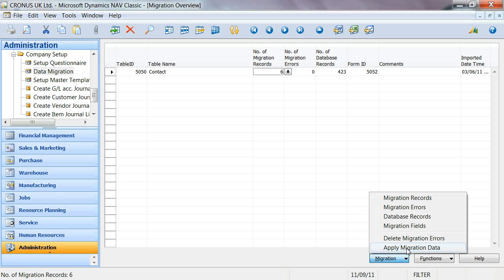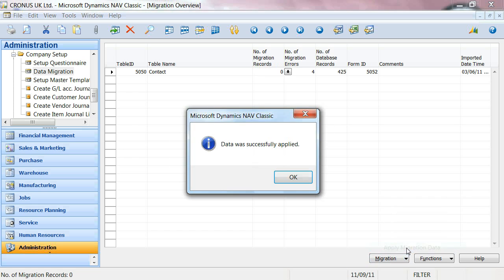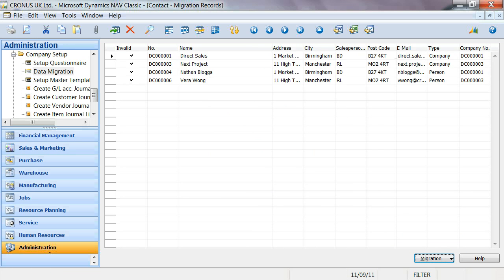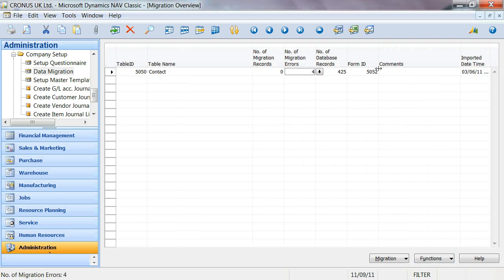I can then apply this data again, clicking on Apply Migration Data, and I see now I've got 4 errors. Now the reason for this is I'm currently validating the city field and the postcode field, and they try and force a pop-up within NAV, and obviously when you're running a codeunit it doesn't like this, so what we need to do is